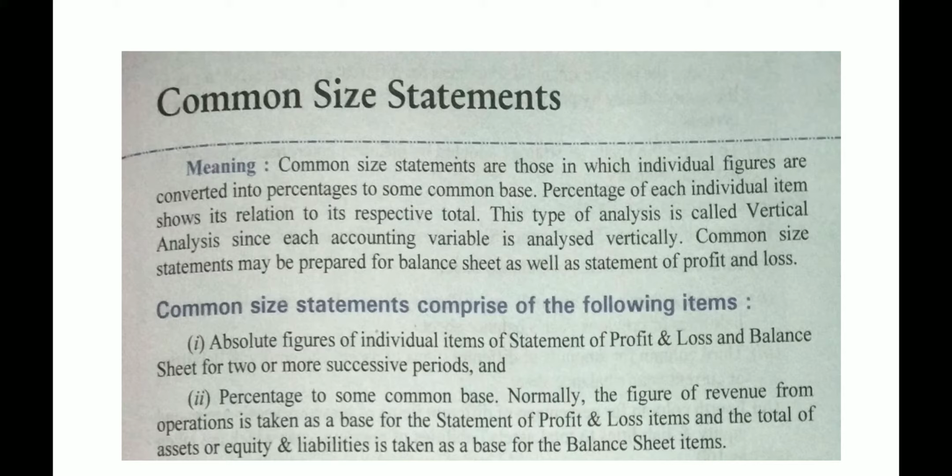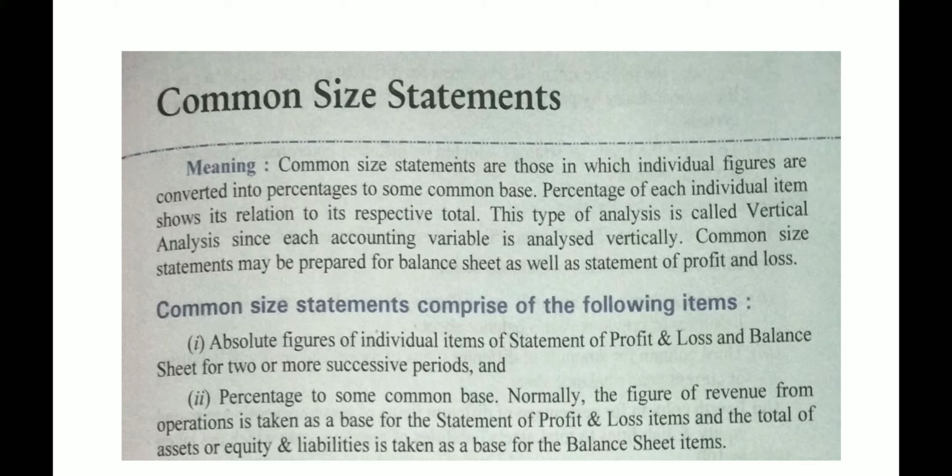It means whatever the aggregate, whatever the total is coming in that column is taken as a base, and each figure is divided by that base into 100 for finding the percentage. Okay. Common size statement